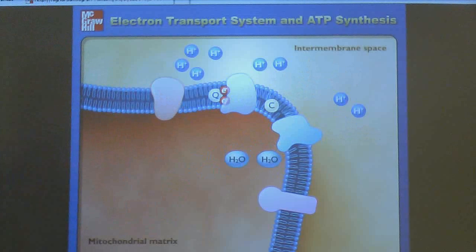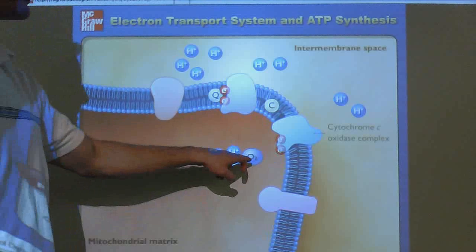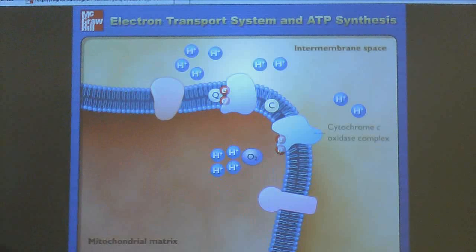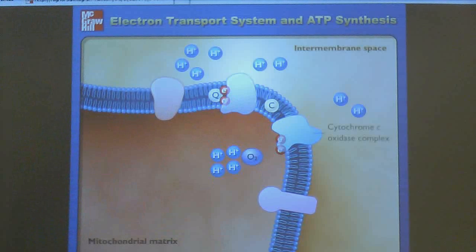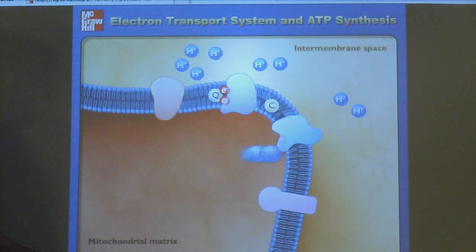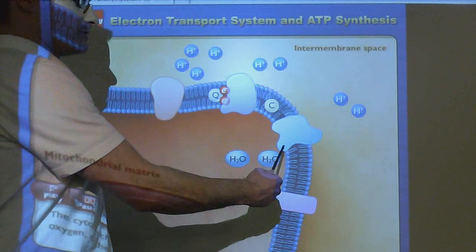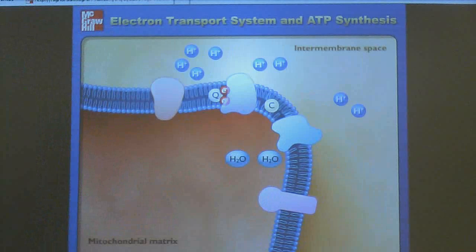And right there was a very important part that went quickly. Oxygen, O2 here, is hanging out by this protein right here. It's causing these electrons to eventually come through the ETC and get stuck onto oxygen, adding some hydrogens to create water. And that's what that was right there. So a couple of oxygens come in, pick up the electrons, and attach themselves to hydrogens